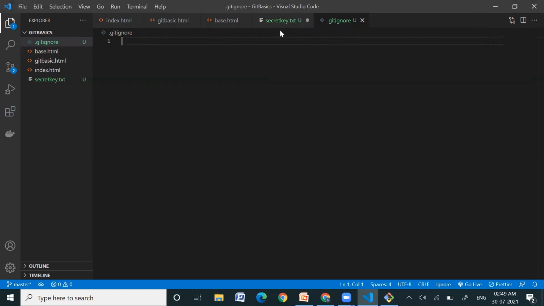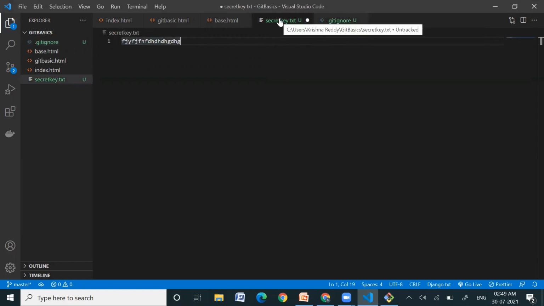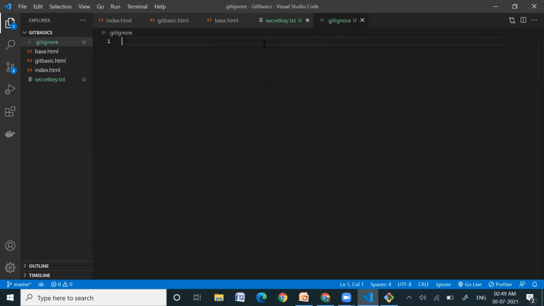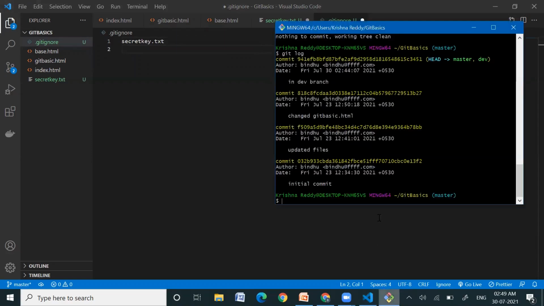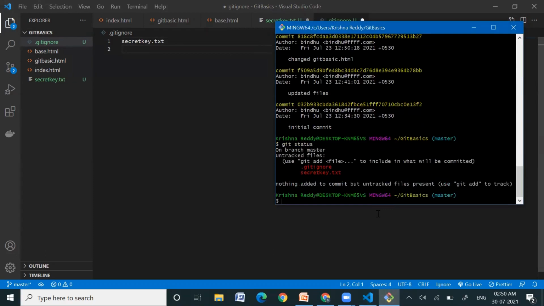So in order to make this secret key file not available for tracking by git, we'll add this secret key.txt file in this git ignore. Let's check the status here. Git status.